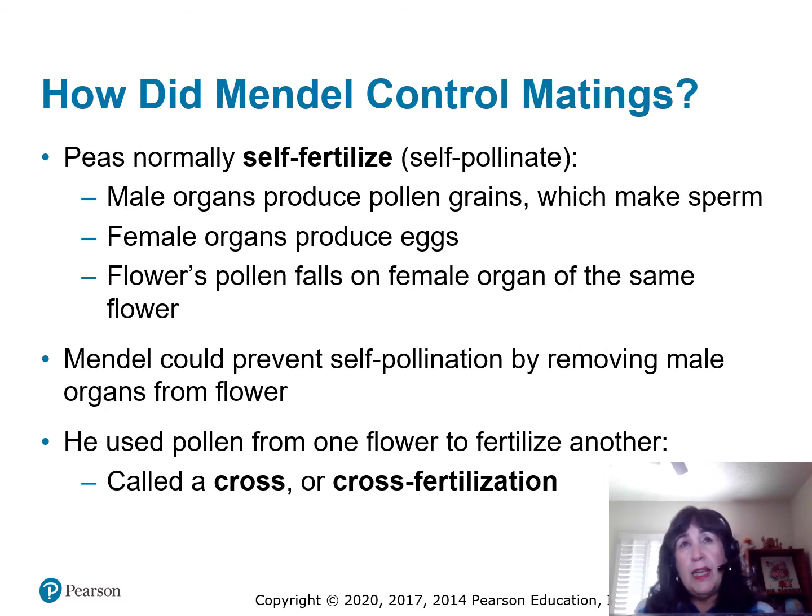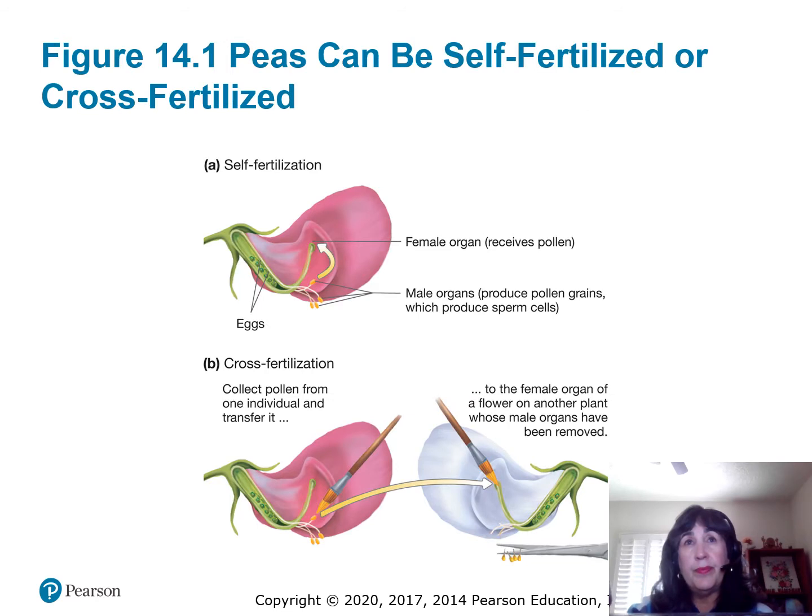So peas can self-fertilize or self-pollinate, but you can also force them to cross-pollinate, or have one plant share sperm with eggs from another plant. So you can control the mating. And the way that they did it is they were using brushes to spread pollen, and they still use this technique today. I have worked in places where they are very carefully controlling test crosses, and they'll use paintbrushes to actually spread pollen.